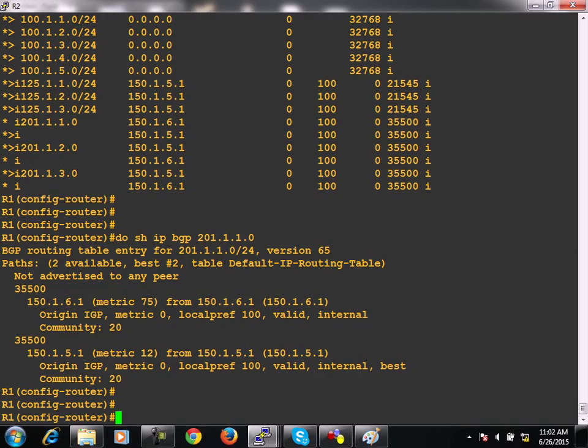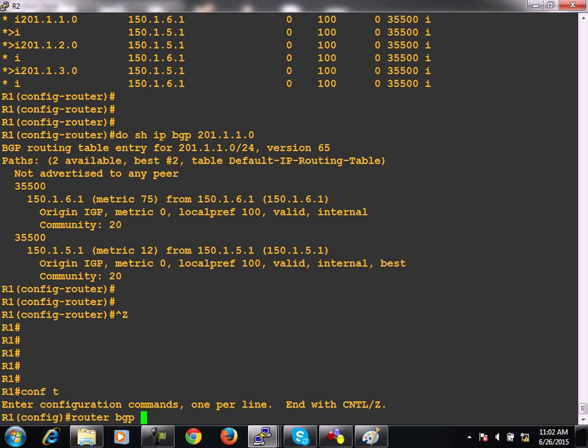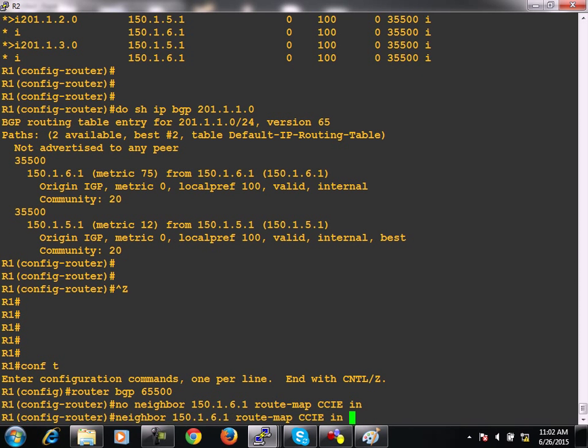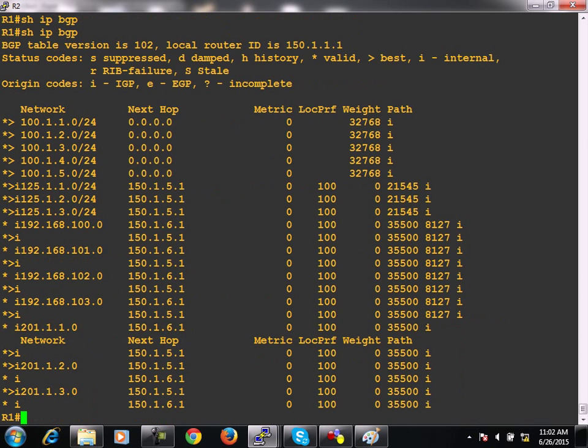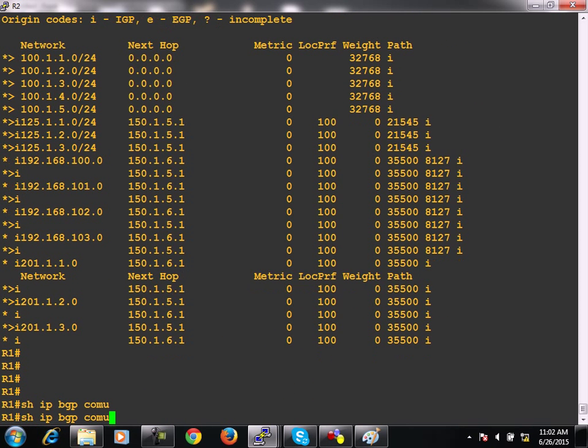Of course, not with using regular expression actually, but there is a command. Let me show you. Router BGP 65500. Let me remove it first. This route filtering. Once again, all prefixes are there. Now you see, show IP BGP